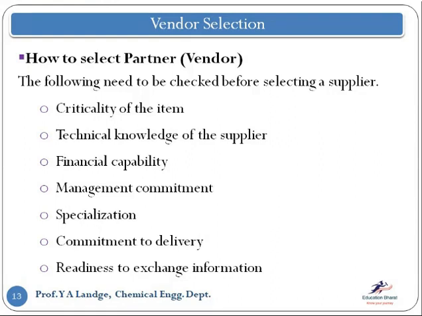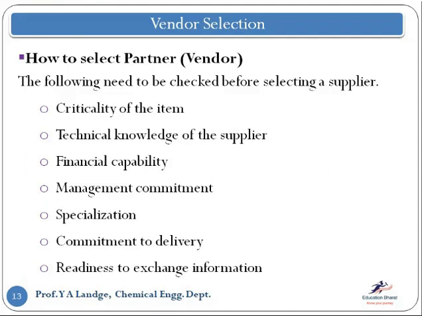Commitment to delivery, again we need to check while selecting the partner, because time is very, very important. The supply of a product on time is very important. If your raw material, semi-finished product or any component does not reach on time, it is a loss in business. It may be a loss, because you may not finish your product on time and may not sell it in the market. And if that particular time period is over, then there is no value